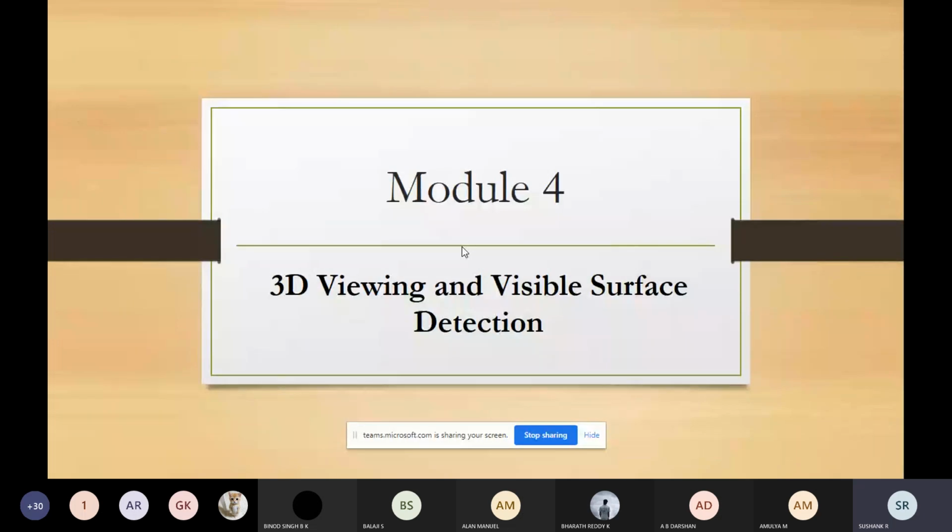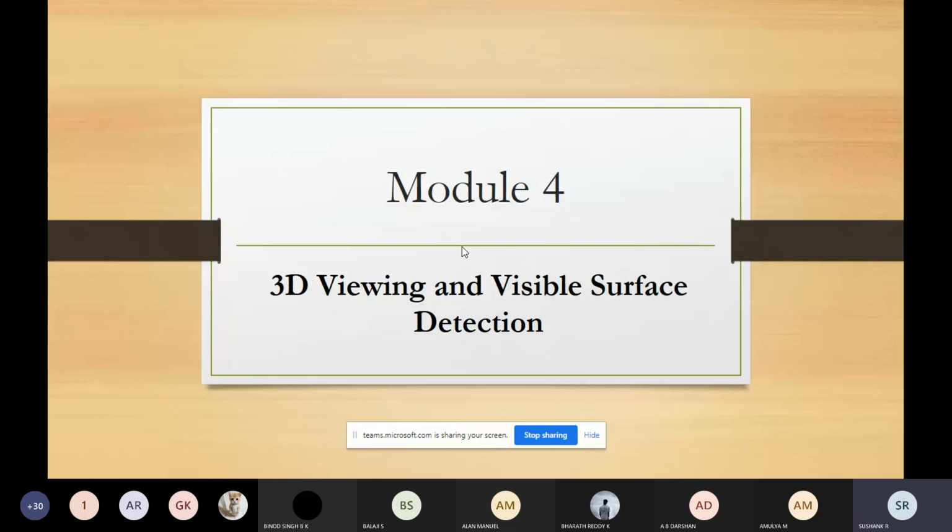So here also, what we are going to study in this module is the viewing concepts. We have two methods of viewing the 3D objects. After that, some transformations, the same thing. In module 2 we studied 2D viewing and the 2D viewing pipeline.